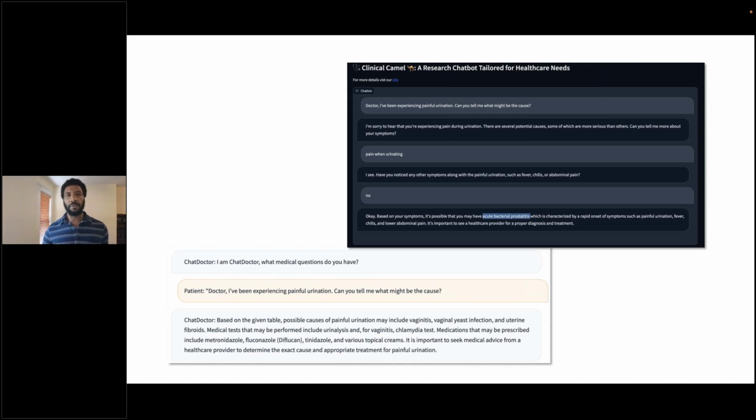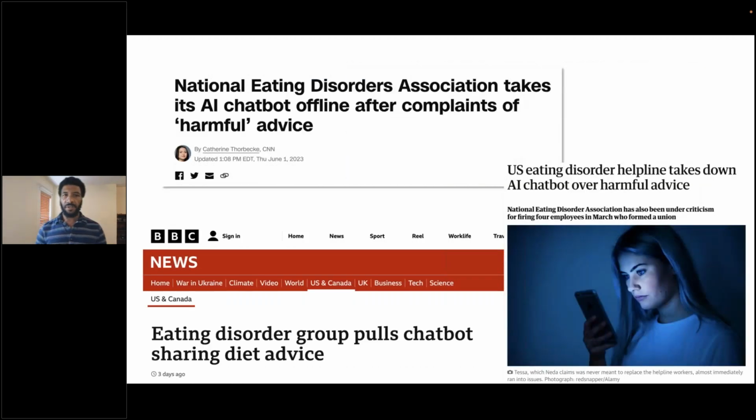So these two examples are from models that have been used in research, but we have also seen recently, this was last week, that the National Eating Disorders Association basically fired their entire helpline, a set of workers from the helpline, I guess in response to the fact that they have unionized. And so they fired all these workers and replaced them with a chatbot. And a week after, they had to shut it down because it turns out that the chatbot was giving harmful advice to patients.